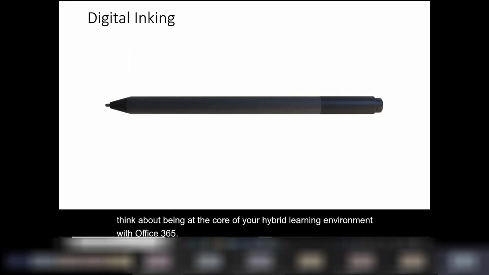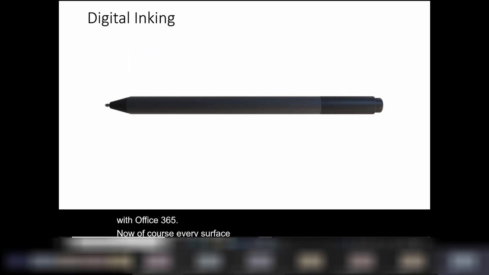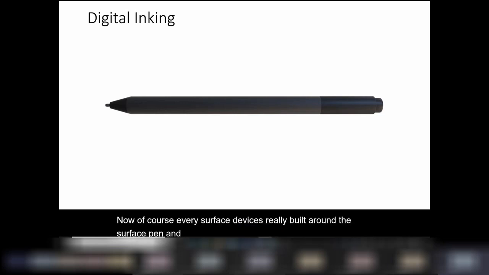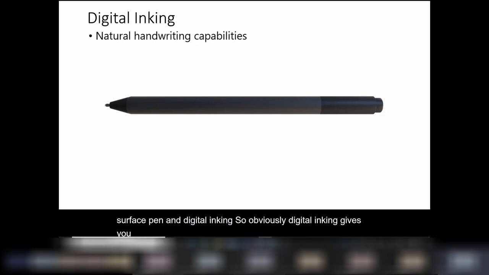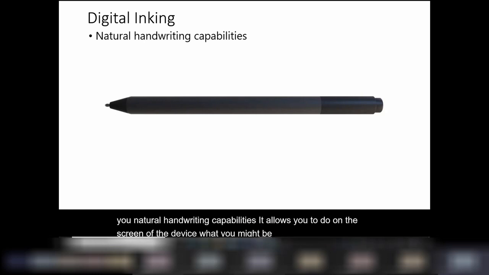Now, of course, every Surface device is really built around the Surface Pen and digital inking. So digital inking gives you natural handwriting capabilities. It allows you to do on the screen of the device what you might be doing on the whiteboard if everybody was in the class. And of course, if you've got other pen devices in the classroom, students can model what you're doing in that same